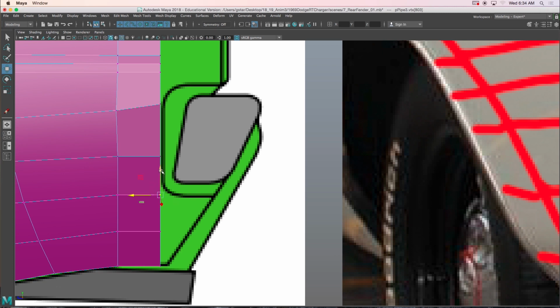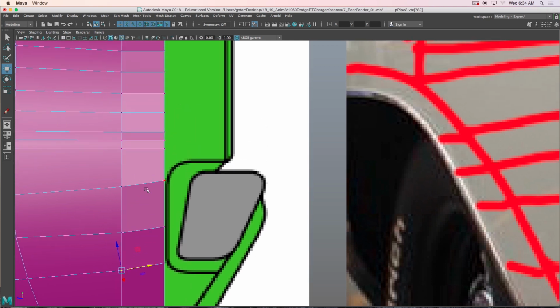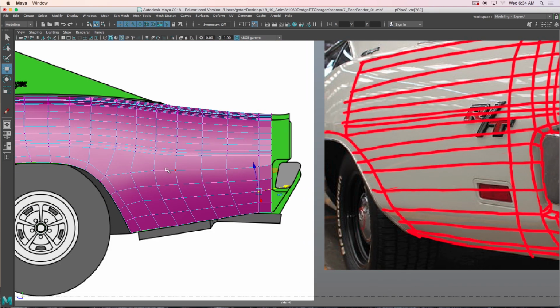I'll select this guy, move it up like that, get this to curve, and get that nice edge flow. Okay,